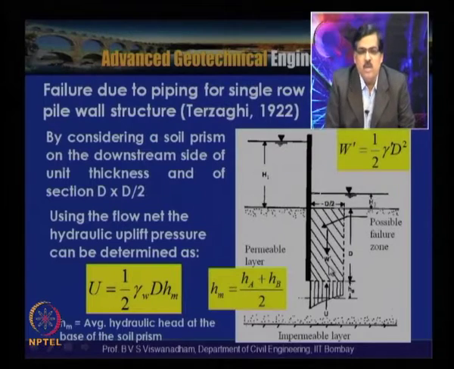It has been found through model tests that this instigates failure: the permeability of the soil increases very drastically, and a gap between the sheet pile wall and the soil arises and then leads to piping failure. This particular failure is called piping failure. Here the average hydraulic head is considered, based on the total head obtained from the flow net diagram.